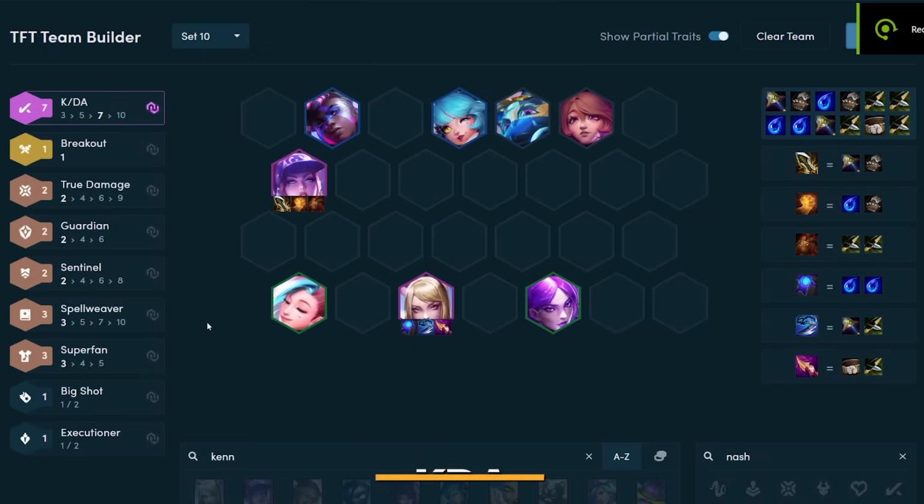So next up is the KDA board. Pretty straightforward. It's the same thing as the last patch. The strength of the KDA board is that it's super cheap, and the moment you hit KDA Akali, KDA Ahri at level 8, you just instantly stabilize with a bunch of cheap units on your board,